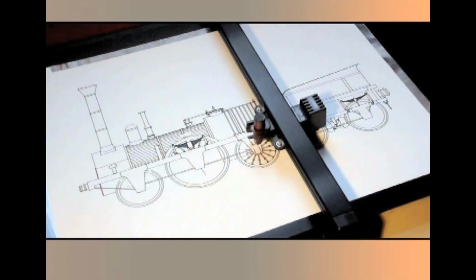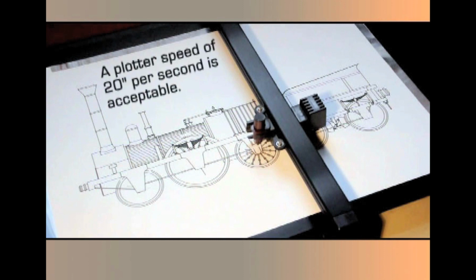Speed is an important issue when selecting a pen plotter. Pen speed is measured in inches per second. A plotter speed of 20 inches per second is acceptable for most applications. Automatic paper sizing is another time saving factor. Many electronic plotters are raster devices which form images composed of dots. Their resolution is measured in dots per inch. Most have resolutions from 150 to 400 dots per inch.